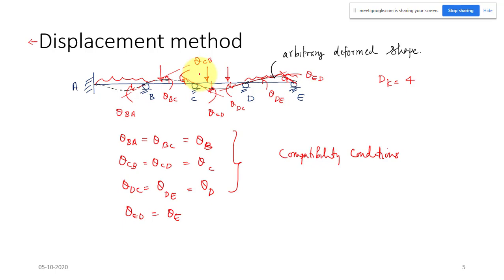If you are analyzing by using the force method, and you get all the force components, you will be able to find out the bending moment, shear force, and design forces in the members, but you will not be able to predict the deformed shape of the structure. You can draw the deformed shape only if you analyze the structure by using the displacement method. Then only you can predict the deformed shape.